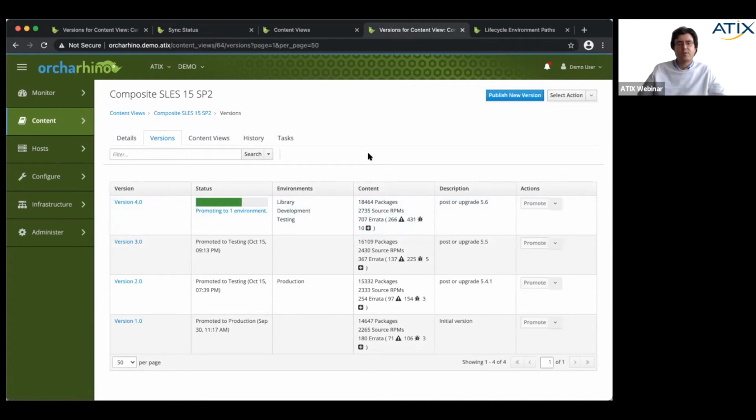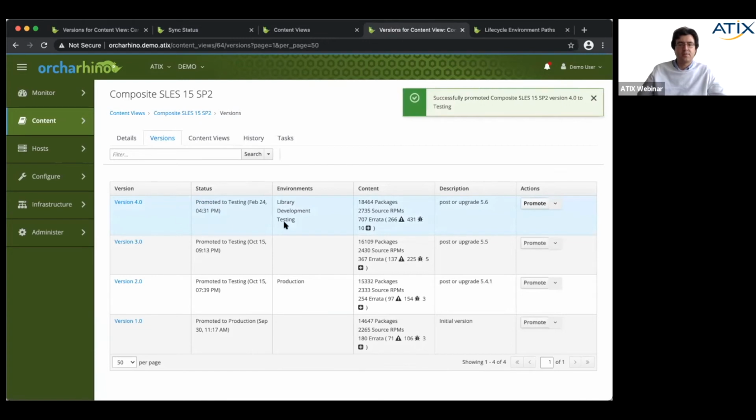The other way would be that you can also shift the server to a different environment. For example, if you are running a new version every month, you can just shift the server itself, which I can show a bit later. So you see this one is being promoted, it will be done in seconds, and now this version is also available for test servers.